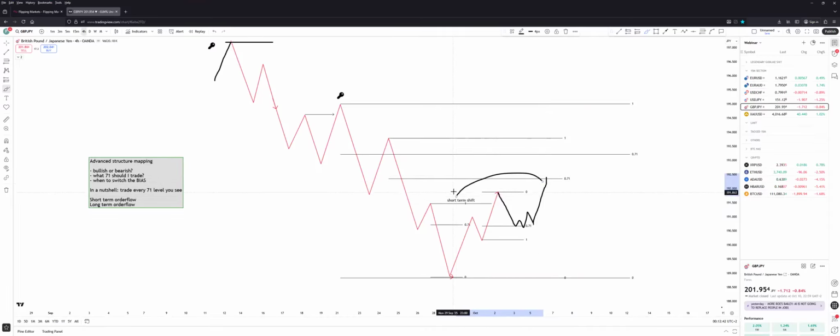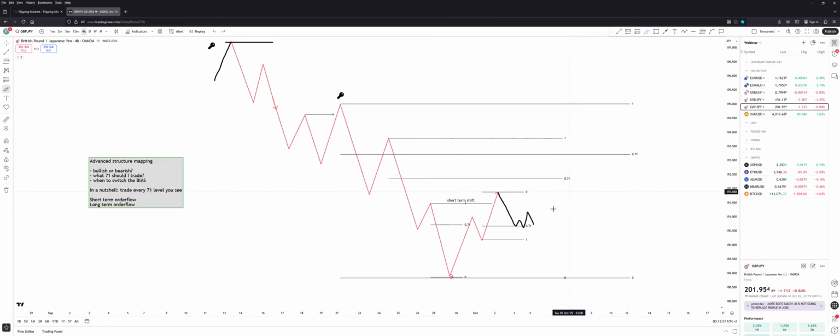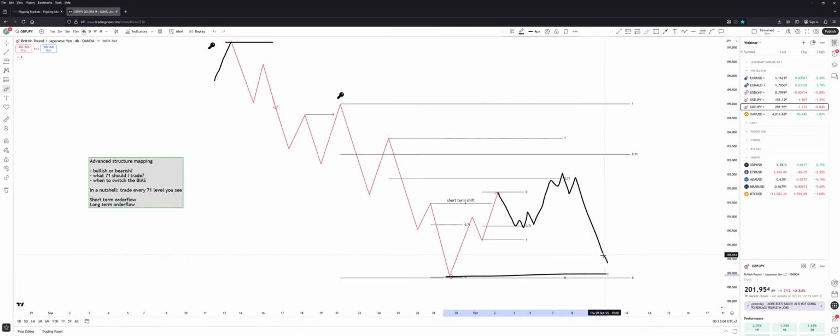So the short-term shift is completed, and now we are looking for the long-term continuation again, because we are long-term bearish, meaning you are prioritizing the 71 level over the bullish trades now. So if this 71 level gets confirmed, then you take shorts. Okay, now you take shorts, price breaks the low point again, there's another external break of structure to the downside,